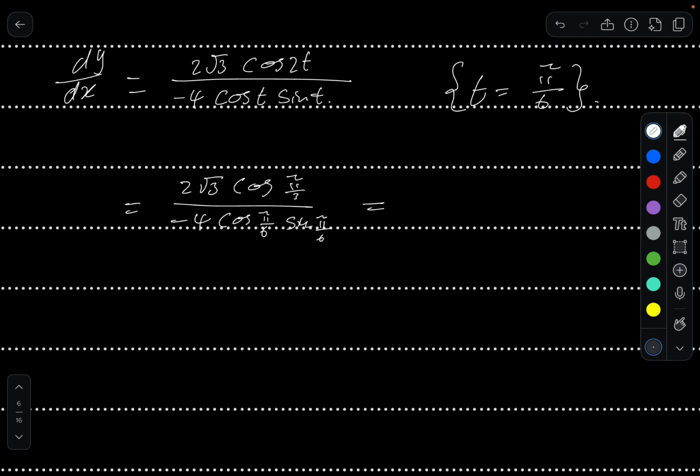I can actually work it out in my head. This one will be 60 degrees. Cos of 60 degrees is the same as sine of 30, which is a half. So then that will be square root of 3 left at the top there. And then this whole part becomes a half. So half times it cancels out with that 2. That's why I just said square root of 3. And then here you will be left with